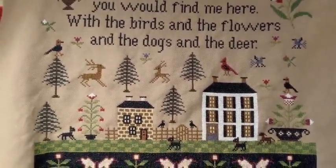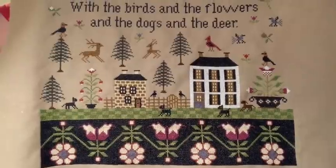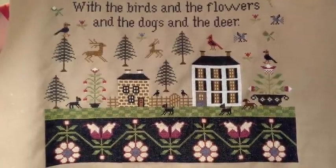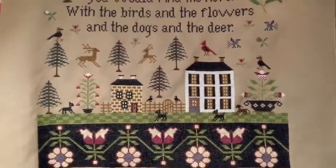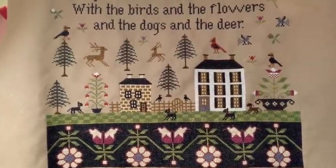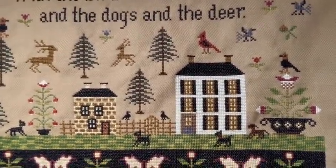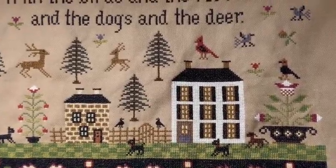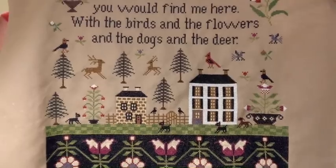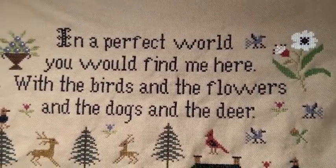Isn't it pretty? I'm so happy with that. I used all the called for threads except for the black. I used Anchor Black instead of 310. I got better coverage with the Anchor. Did I say Anchorage? I must be thinking about Alaska. Anchor thread. I think the coverage was a lot better than 310. I did my 2 German Shepherds, and the dog on the far right is my beautiful chocolate lab, Abby. She passed away after 14.5 years. I enjoyed this so much. Look at that flower at the top. I'll show you the top up here. But the flowers,